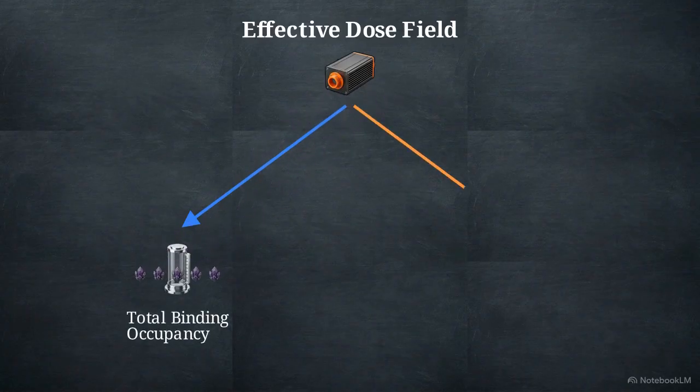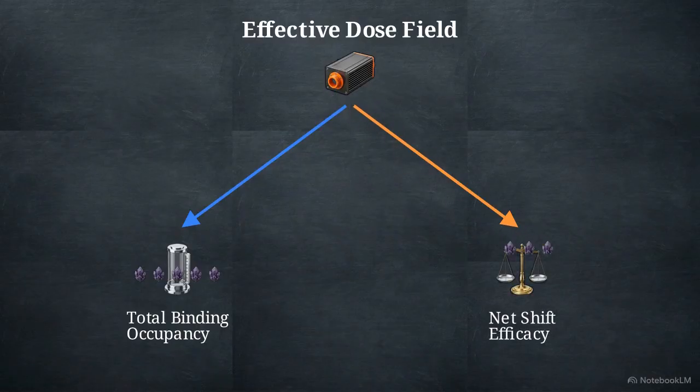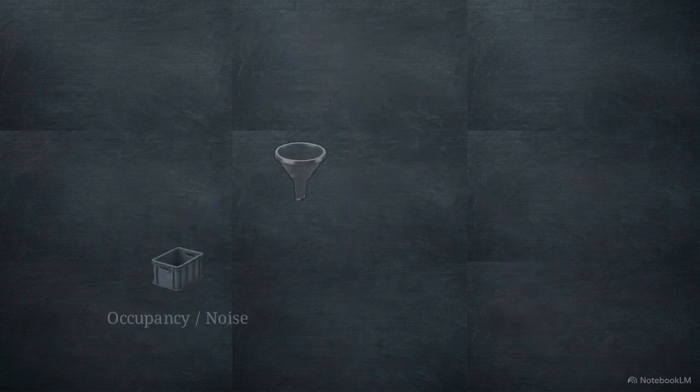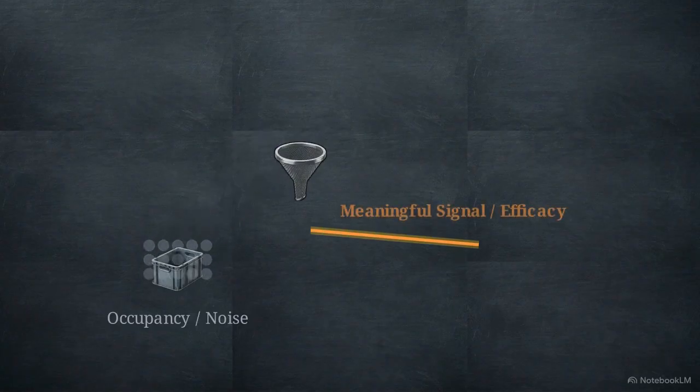The second metric is the net shift, which measures the thermodynamic displacement of the states. Net shift represents efficacy, quantifying the biological consequence of the stimulus independently of total binding. Mathematical decoupling allows a computational system to distinguish between high sensory noise, which drives occupancy, and a meaningful signal, which